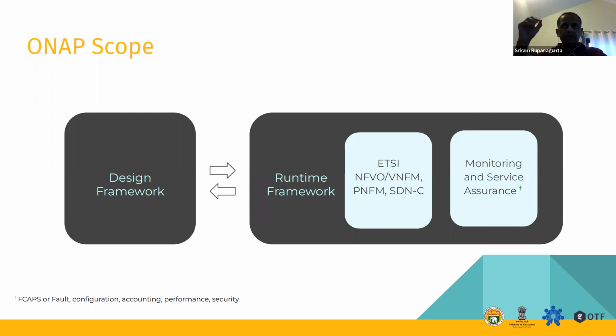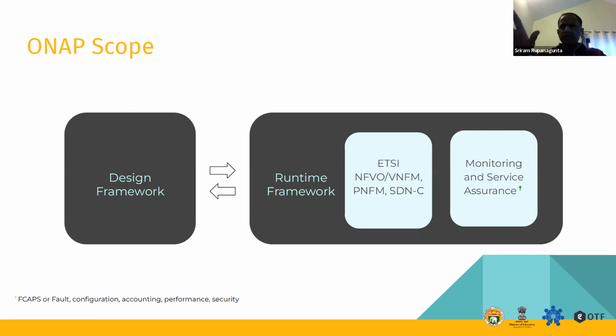What they can do is take this model and instantiate it. So if, let's say, one customer wants a service, they can click on a button and instantiate the service, and that will do whatever it is supposed to do. That's the important part of the runtime.